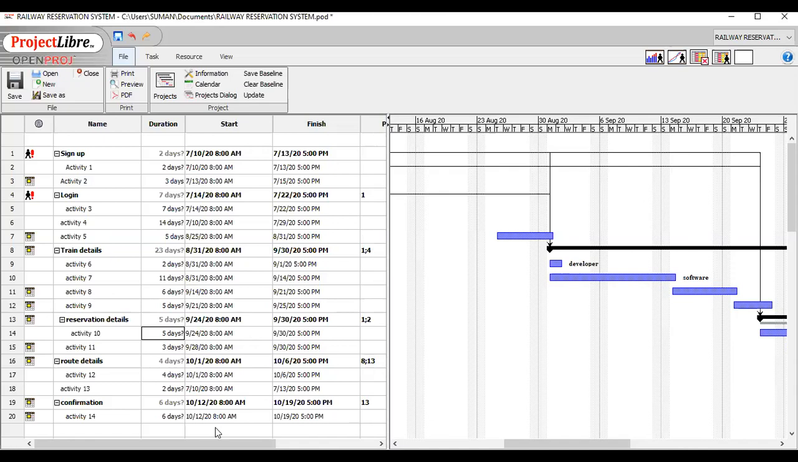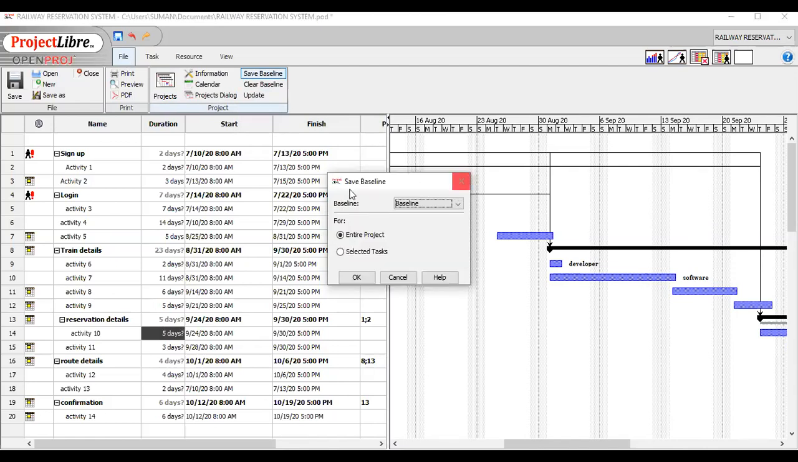So now I have to save the baseline for this. I go to the File menu, and after clicking it, I get two options: Save Baseline or Clear Baseline. When I click on Save Baseline, a window pops up named Save Baseline, and there are two options: you can save the baseline for the entire project or for the selected tasks. If I choose the button for the entire project baseline, and click OK,